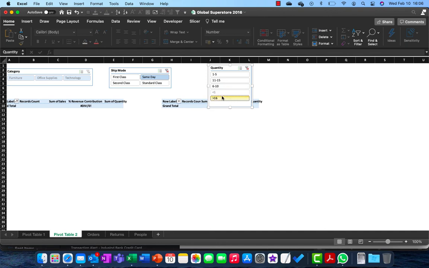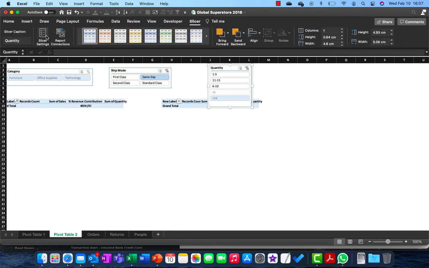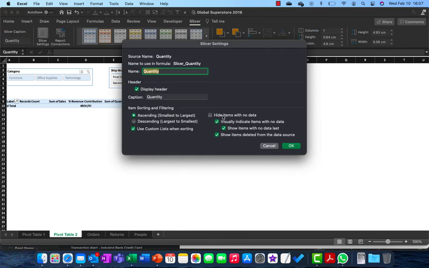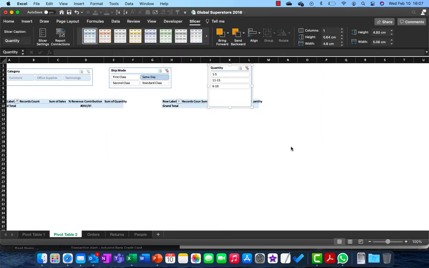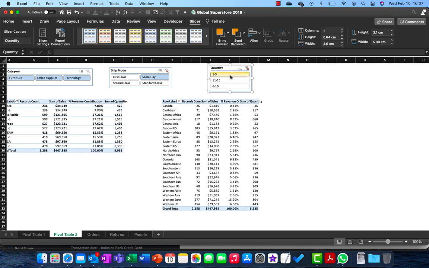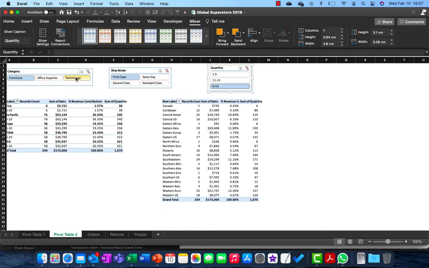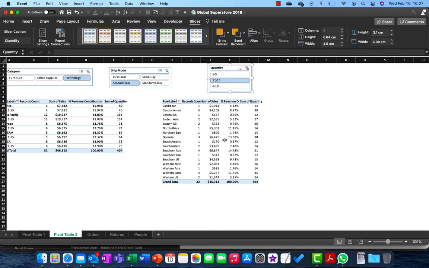And now in the quantity field, I can see these slicer values where it has no values. So I can hide this. I can select the slicer again, go to slicer settings, and click hide items with no data. So now only those items are visible which have values in them. So now as you can see, I have created an interactive dashboard-like report